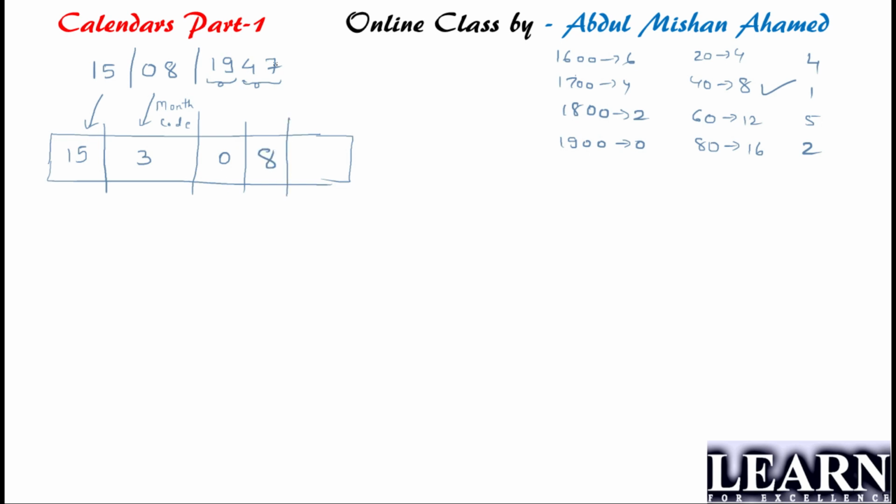And what is the next, guys? After 40 years, how many extra years left out? Is it 7? So at last you have to do one thing. So this is 7, plus 7 is divisible by 4 how many times? How many times is 7 divisible by 4? Is it one time? 7 by 4 gives 1, right? So I can write it as 1 here. So this is the final thing.